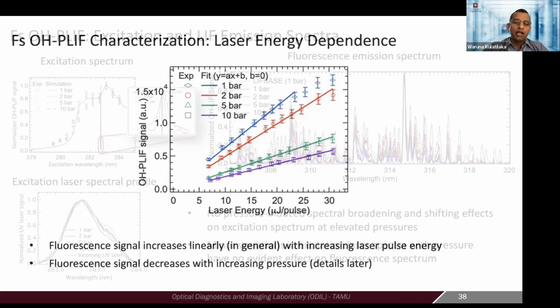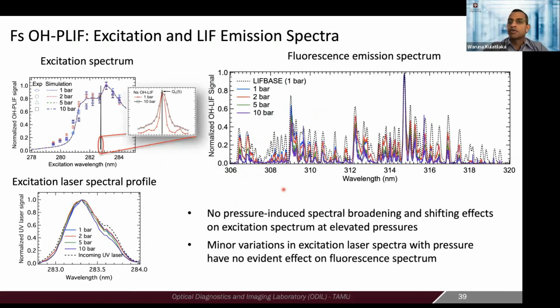linear dependence. So, since we do the broadband excitation, you also want to make sure you look at your emission spectrum and make sure what you're detecting is exactly what you want. In this particular case, emission from OH signal. So this is an excitation spectrum as I showed, but this is a corresponding emission spectrum. So you can match this corresponding emission spectrum and compare with the calculated LIF-based spectrum, for example, and easily verify that indeed all these transitions you see, their relative intensity changes as a function of pressure, but these transitions are indeed from OH emission lines.